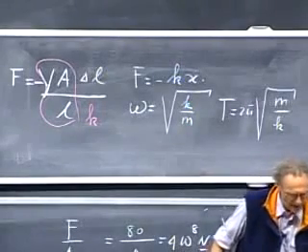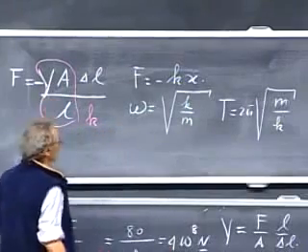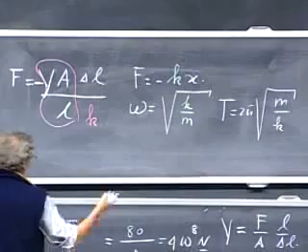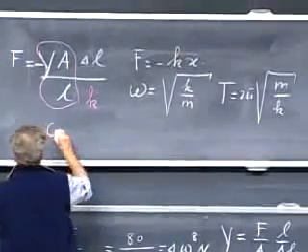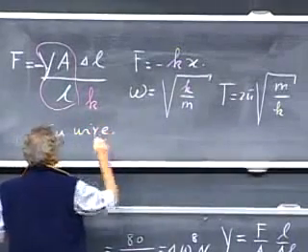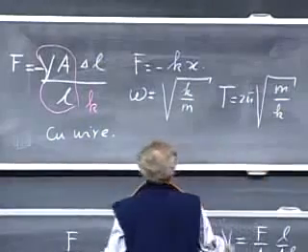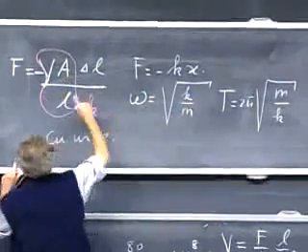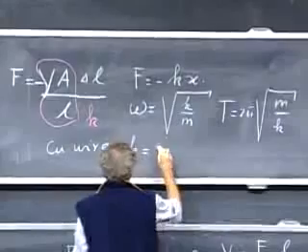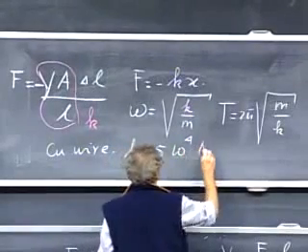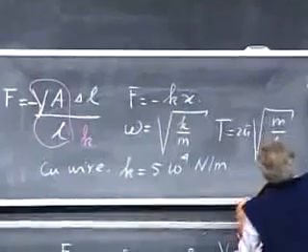If we take our copper wire, we know what Y is. If I take the value 11 instead of the one that we found, but it's very close anyhow. So if I take our copper wire, then I will find, depending upon the mass that I hang on it, but I'll find in any case for k, for this value k, I find 5 times 10 to the 4th newtons per meter. So if now I hang on it a mass of 1 kilogram,